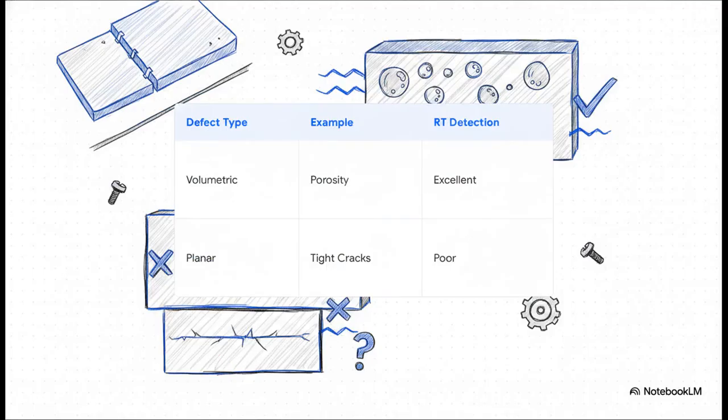Well, here's the catch. Radiographic testing is fantastic at finding volumetric defects. We're talking about three-dimensional, round voids like porosity, trapped slag, or incomplete fusion. Because they have actual volume, they create a very clear difference in density for the radiation to catch. But it struggles immensely to detect planar cracks. These are essentially tight, two-dimensional fissures in the metal with almost no thickness change. Its detection capability there is remarkably poor, which is exactly why RT and ultrasonic testing are so often used together